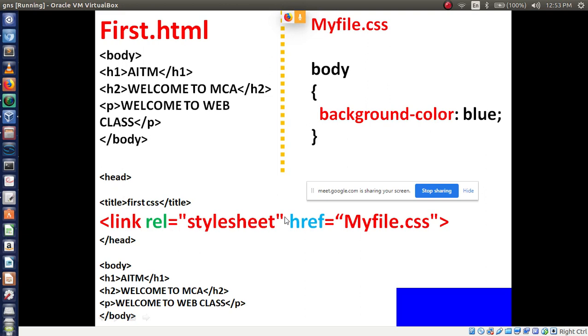Stylesheet. Then href is equal to myfile.css, and one more you can use here, type is equal to text/css. You can also use this keyword here, or if you want to skip, you can skip, no problem. But these two are very important, rel, then href.